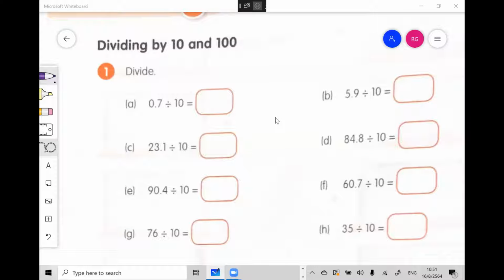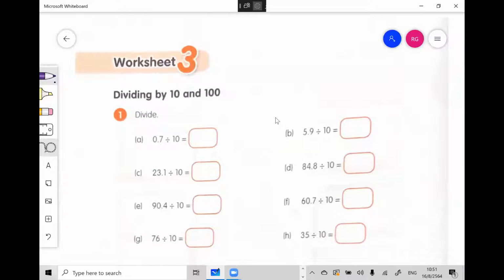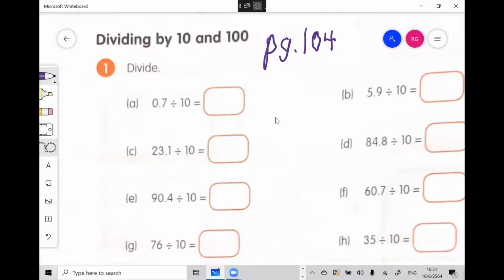All right, we're here on page 104. So make sure you guys have your books out to page 104 and let's get started here. All right. And it says for number 1, part A,